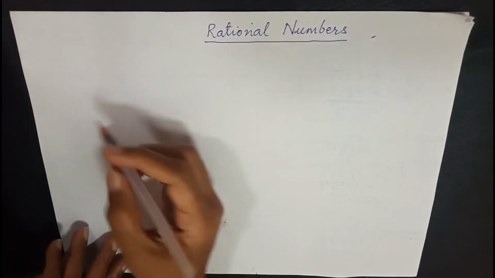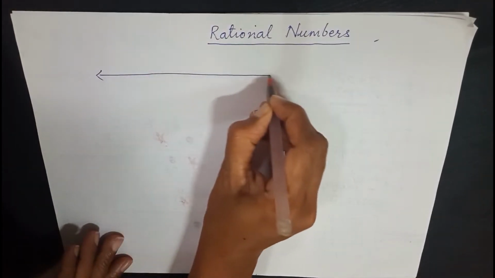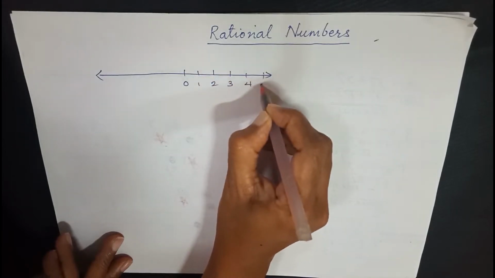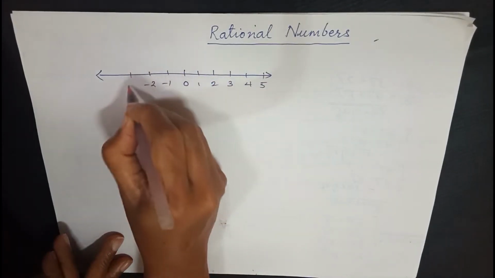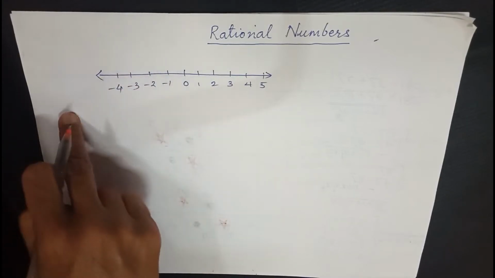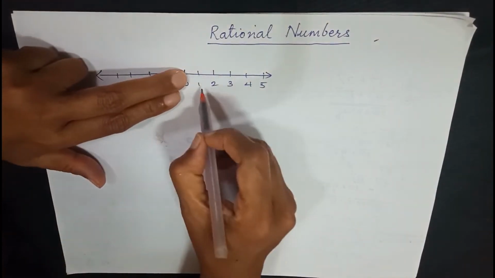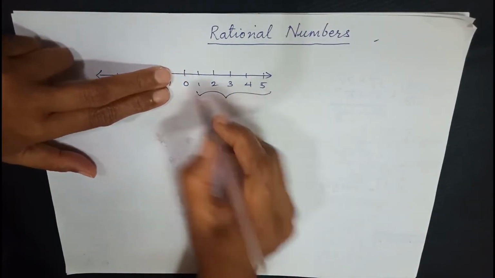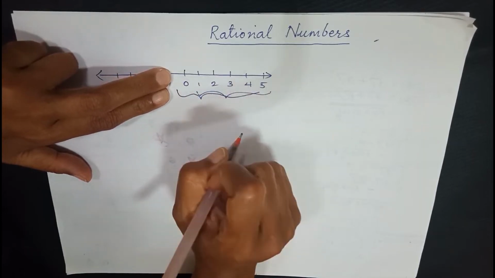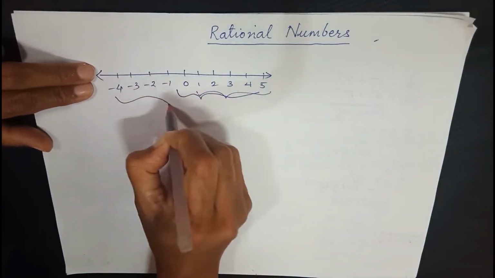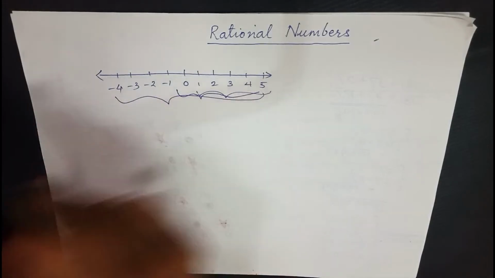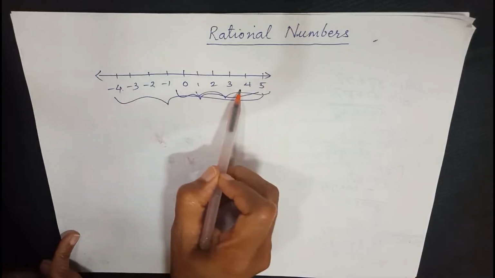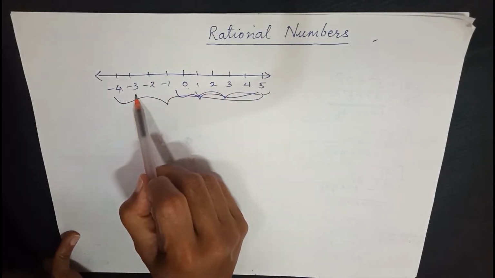Now, as you are aware of a number line, in the lower classes, you must have seen that on a number line, 0 is in the center, positive numbers on the right hand side, and negative numbers on the left hand side. From 0 onwards, these numbers represent natural numbers or counting numbers. If you include 0 in it, then it becomes whole numbers. And when the negative numbers are also included into this number line, then it becomes integers. So integers include not only the positive numbers and 0 but also the negative numbers.